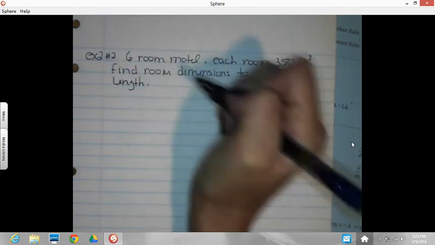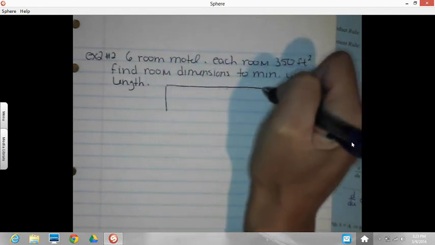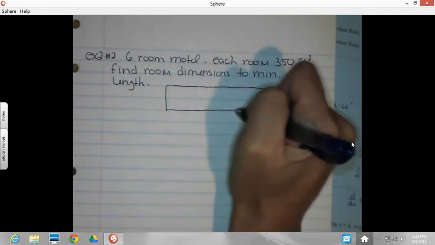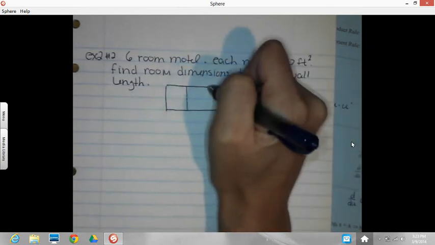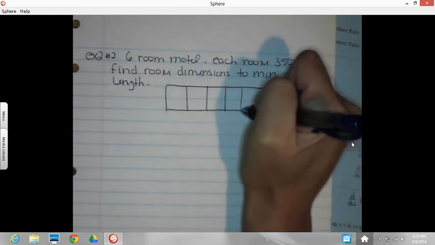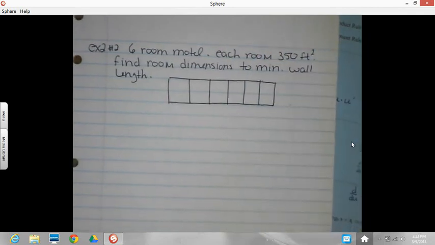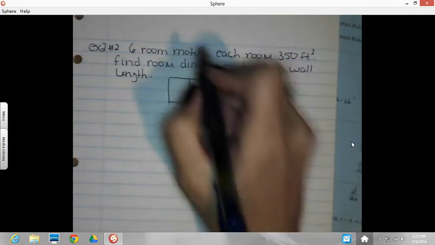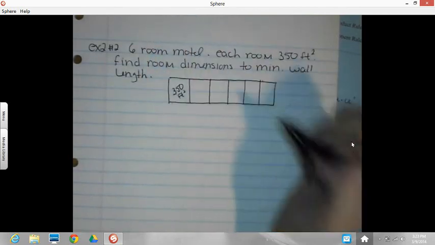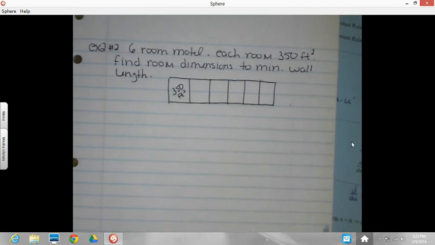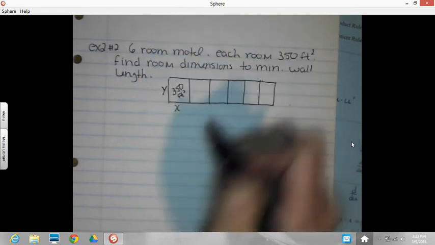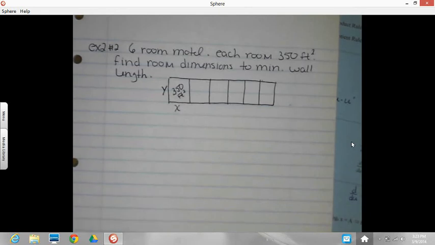And the book does give you a picture. The hotel is going to look like this, a little strip motel with 6 rooms in it, all the same size. 1, 2, 3, 4, 5, 6 rooms. Each room is going to have 350 square feet. Now I've got to get my dimensions, and my goal is to find the dimensions of a room. So I'm just going to go with my x by y. So now write an equation for what is